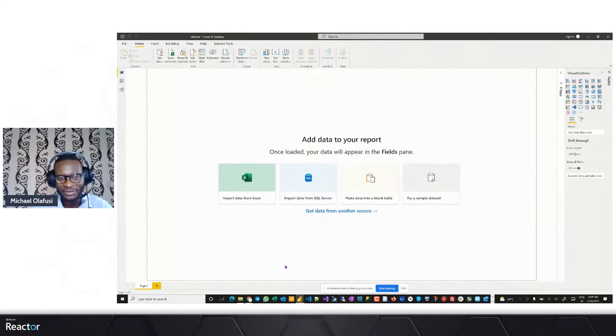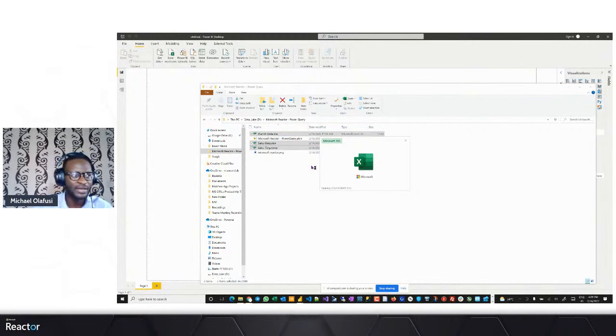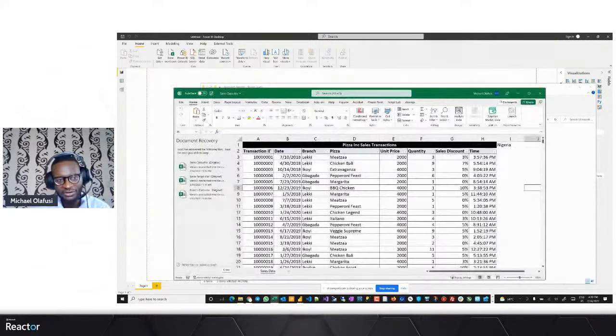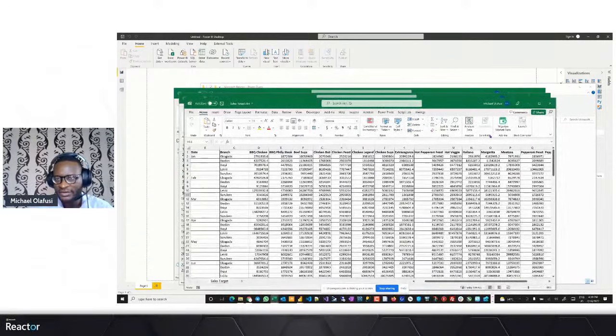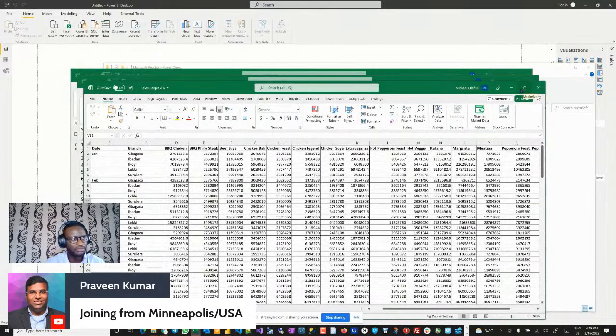I'm going to bring in the data, but let me show you what it looks like so that you have an idea. This is for a sales company, right? And when I open the data, you will see there are basically three data sets. One collates the sales made daily, which is very common in every organization. They have a table that contains the transactions. And then another one has already collated the targets set ahead. Again, it's common for companies to have targets given by region, by month, by year.